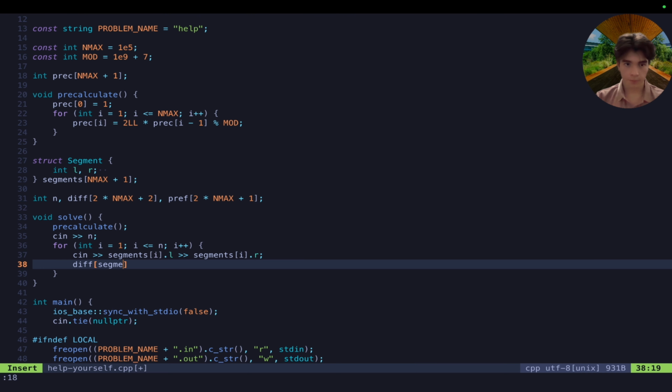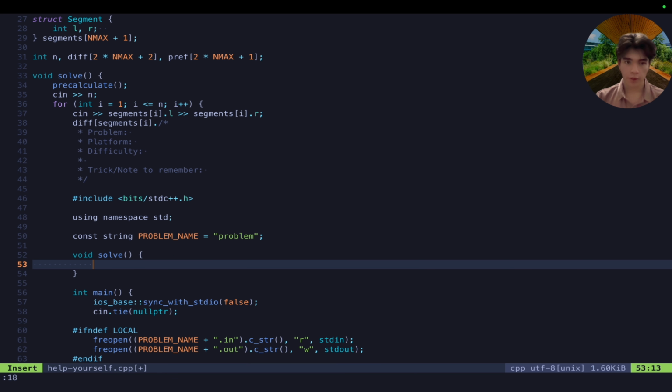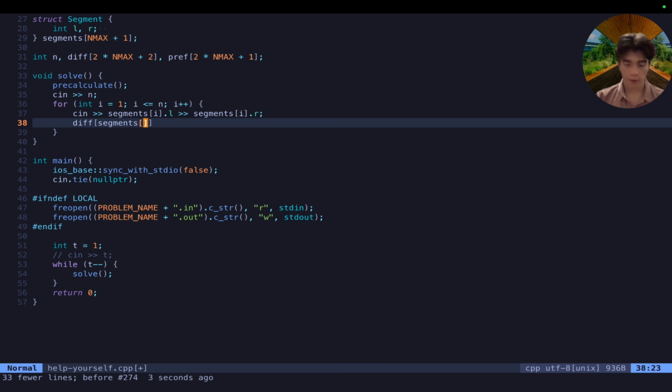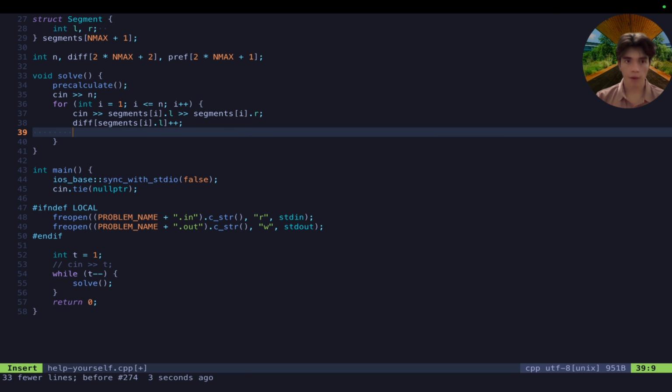So we would increment the part at L, but we would have to decrement only R because in this context,